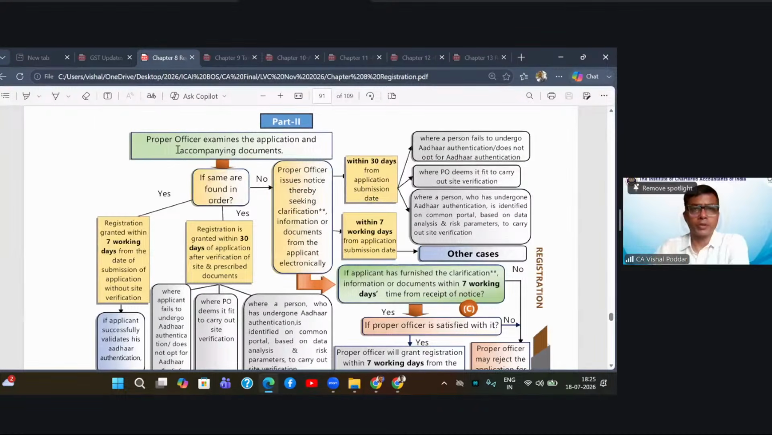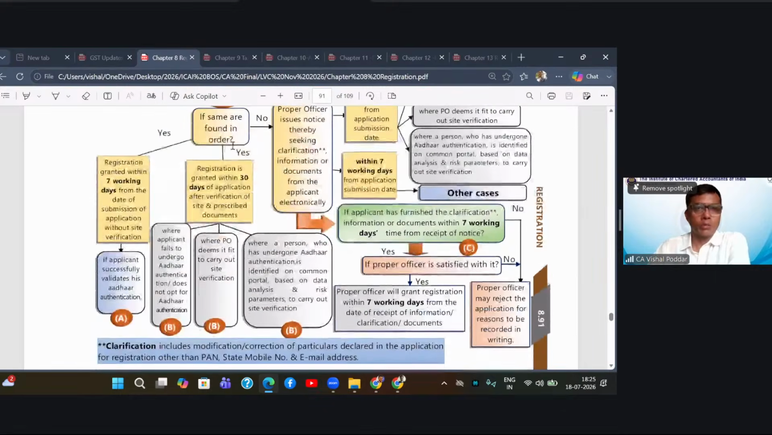Once it reaches the officer, the proper officer to whom your application is forwarded will be scrutinizing whatever documents you have given along with your application and the other details. Now, what are the possibilities? First, is the same found in order? That is, whether all your documents are complete? Answer is yes. If yes, registration is granted within 7 days from the date of submission of application without site